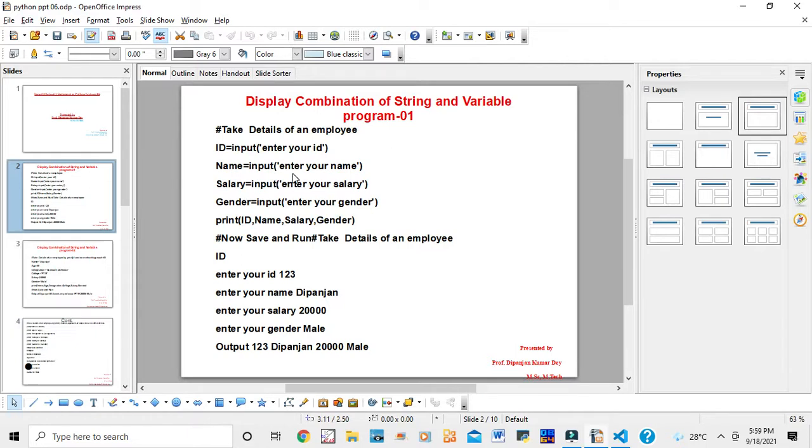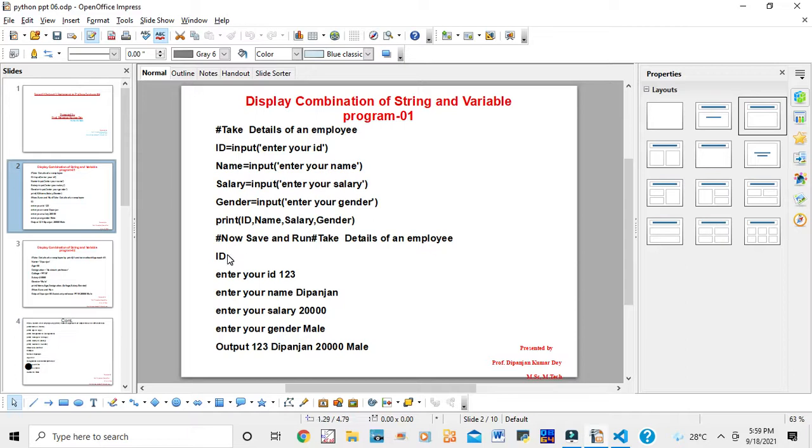Okay, after writing this code, you have to save the program, then run, then take the details of an employee.